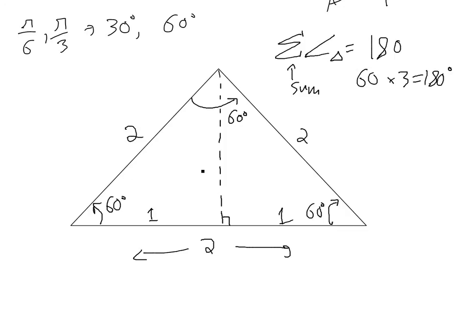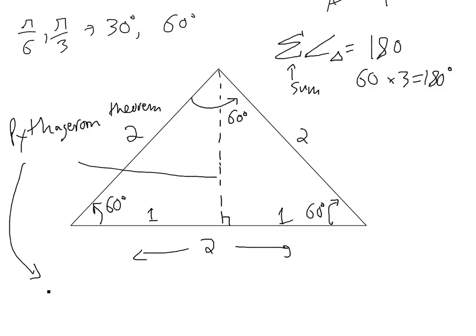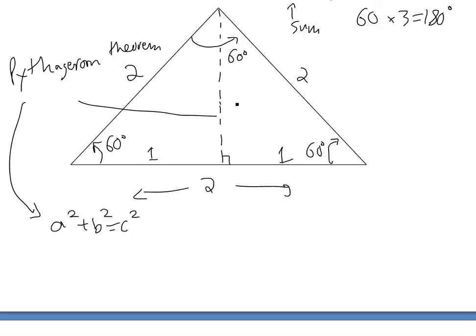Alright, so we'll have this, and this one you could find by the Pythagorean theorem. You can see my other video on it. We'll just use a squared plus b squared equals c squared, where c squared is the hypotenuse, and in this case we'll call this x. We'll call a is 1. So 1 squared plus 2 squared equals x squared, and then this is